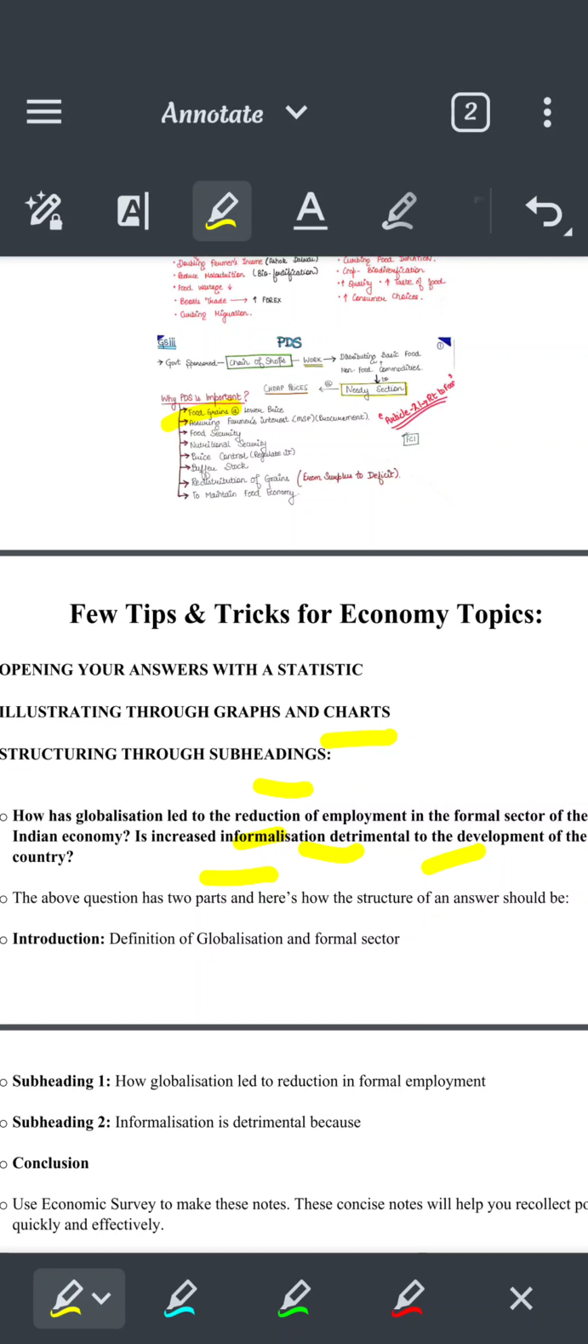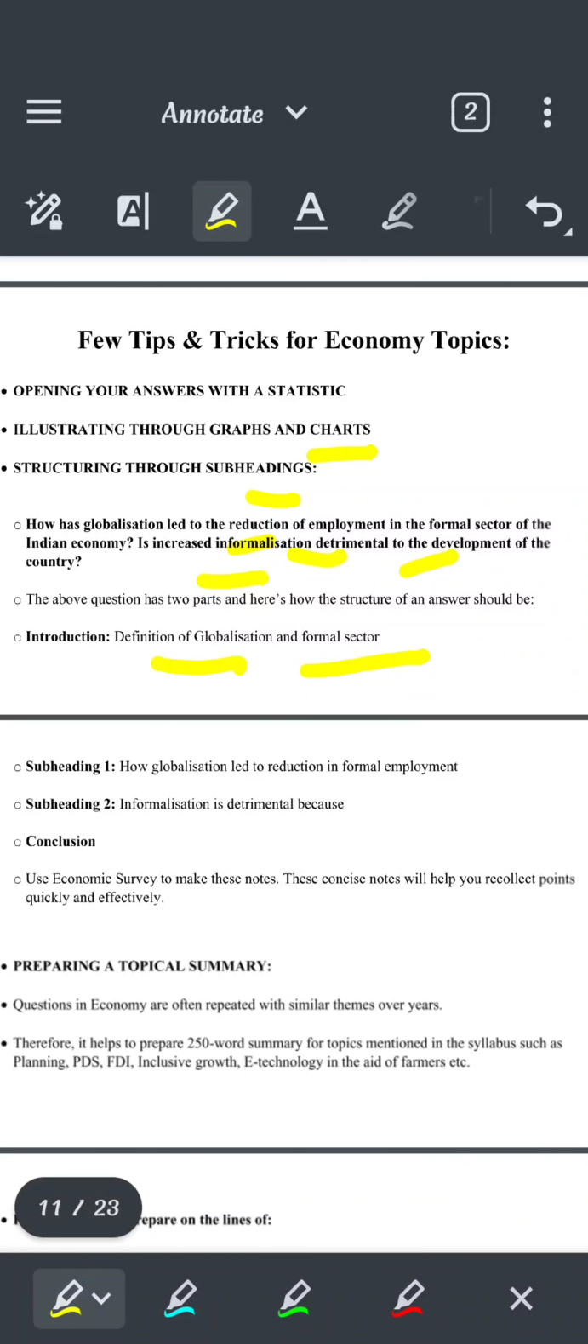So in the introduction, you can write about the definition of globalization and the formal sector. In subheading 1, you can write how globalization led to reduction in formal employment, and in subheading 2, you can write how informalization is detrimental, because you can write various ways in which informalization is detrimental. And in the conclusion, you can use the economic survey data to